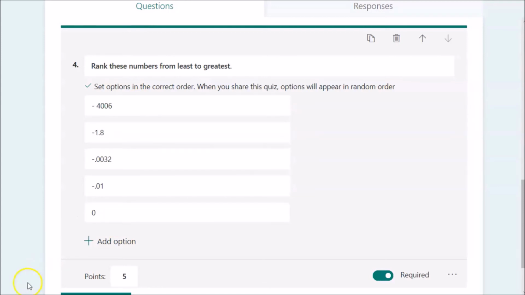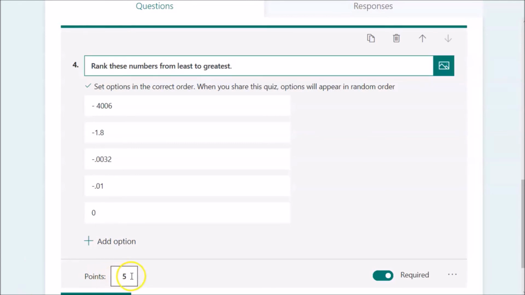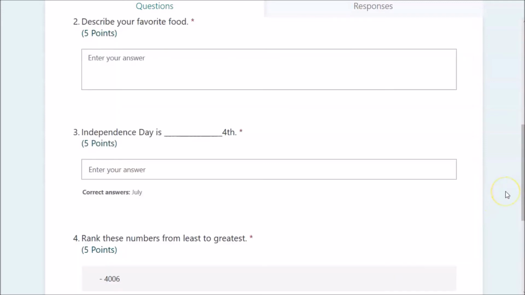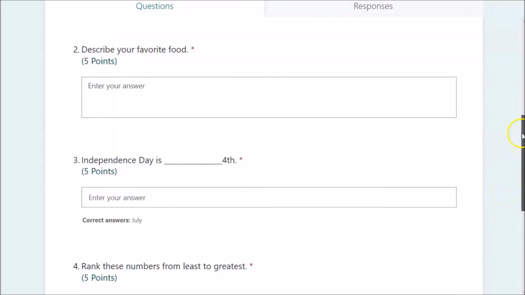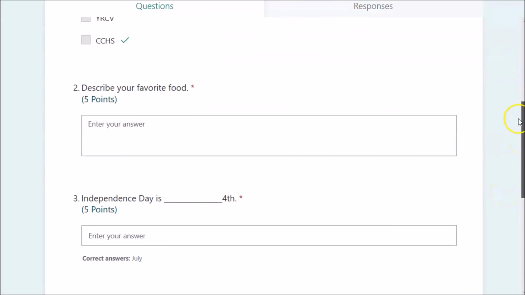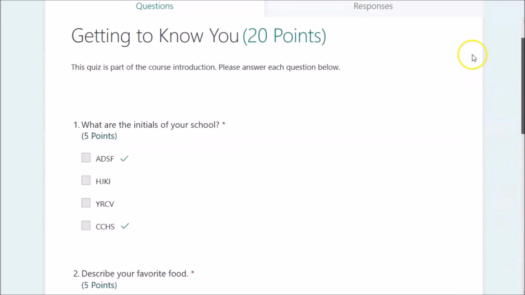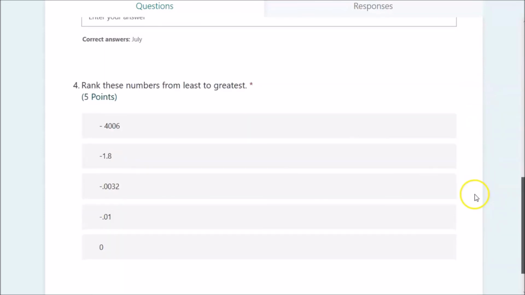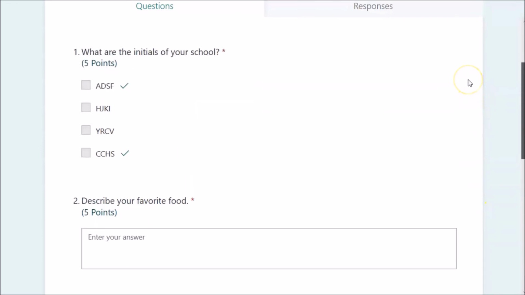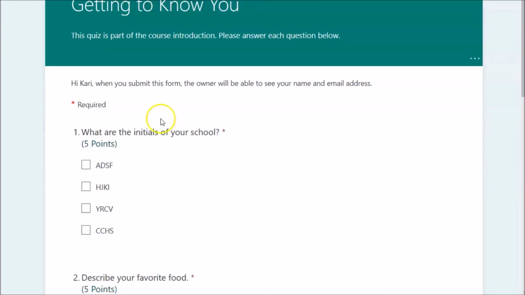When the students see it, they will see it in a different order. Notice that I've given it a point value and that it is also required. Once you have typed in all of your questions, you'll see that I've made 4 questions. Each of these is worth 5 points, so it's worth a total of 20 points. Now I'm going to preview it so that I see what it looks like to a student. If I click on preview,